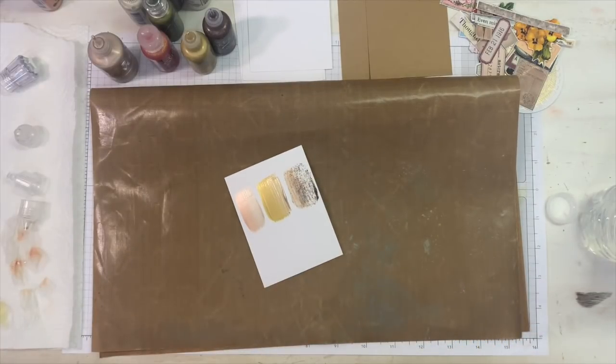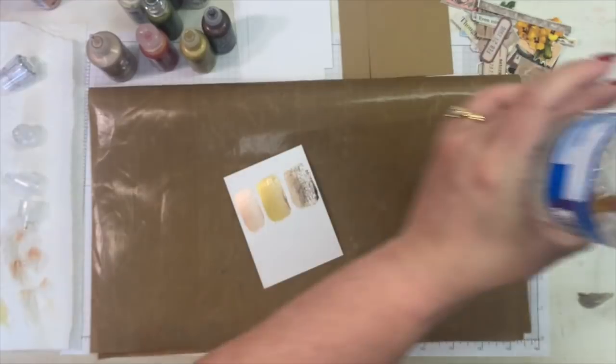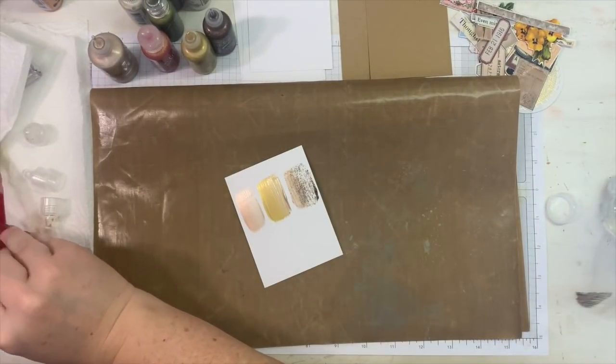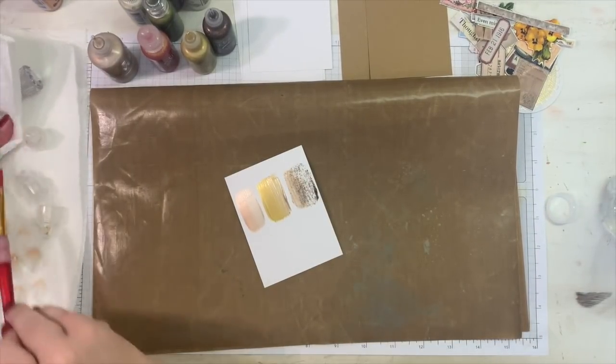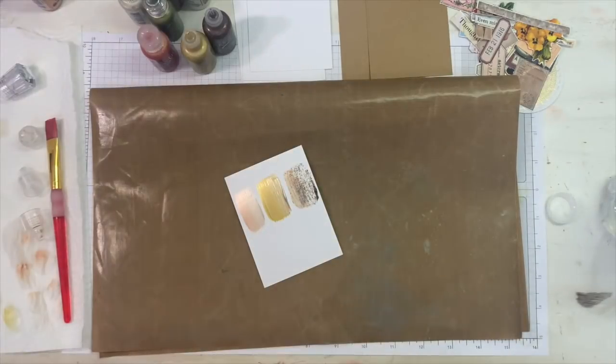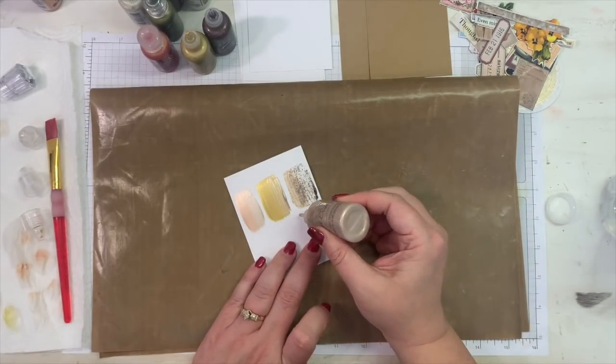I like that though. It gives 3 different types of dimension to your card. Okay, clean off that paintbrush, and you're done with it for the moment. And then I'm going to get that same Nuvo drop